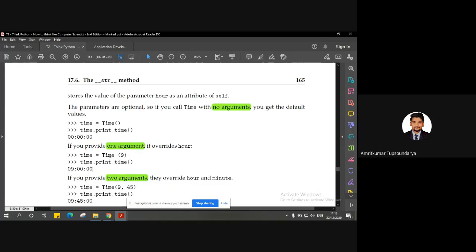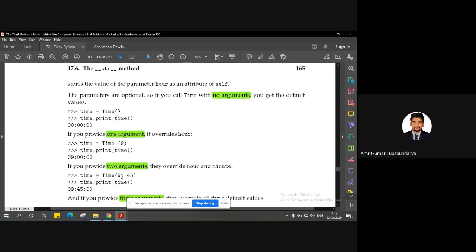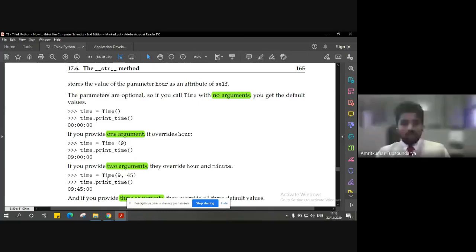And when you try to pass two arguments, it is quite evident now that the second argument will be the minute argument. So the first argument will be hour, second argument will be the minute. So that becomes 9:45:0. That is 9 hours, 45 minutes, and 0 seconds. Similarly, when you try to pass three arguments, then it will take the accurate value of hours, the value of minutes, and the respective value of seconds.